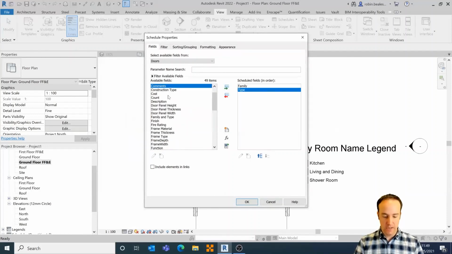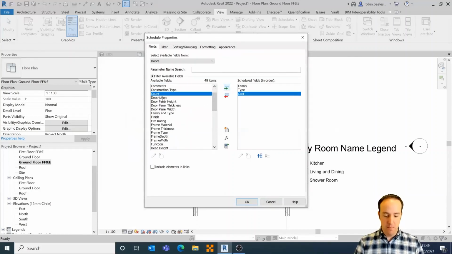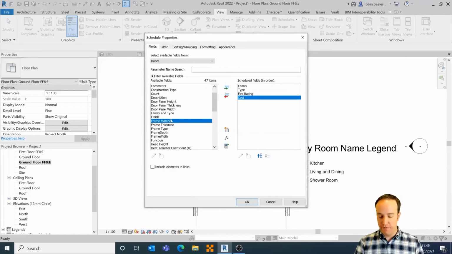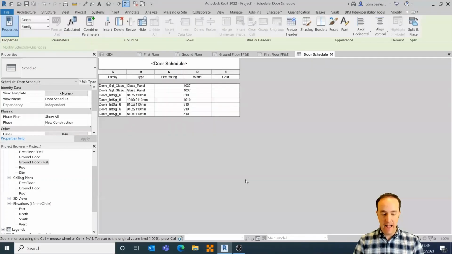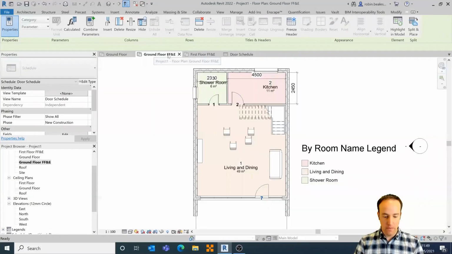I want the cost. And these are all properties or metadata or attributes that are linked into my different families or blocks, to use 2D terminology. I can place these properties into a schedule. Just hit OK and it will give me a flat list. Not that important at this stage, but what I can use this for, if I just close a couple of these down,